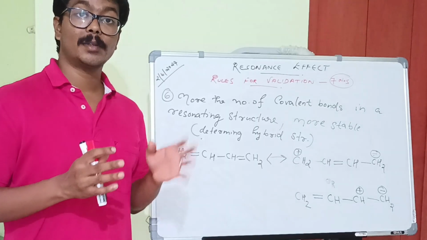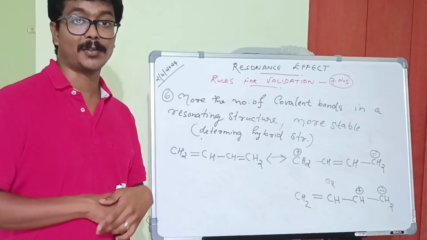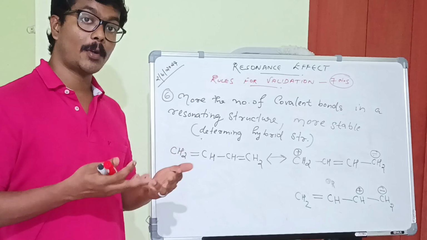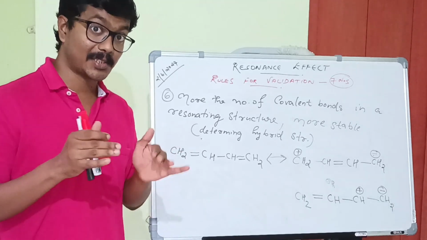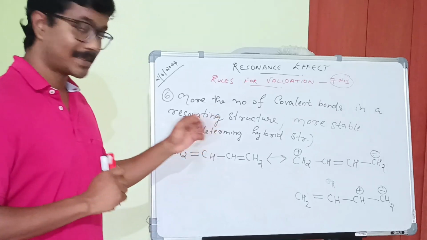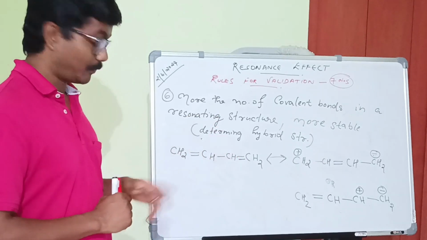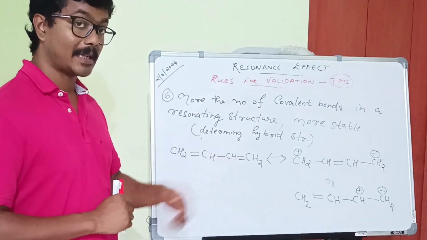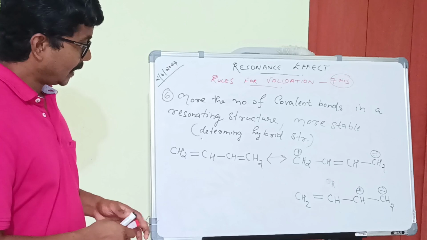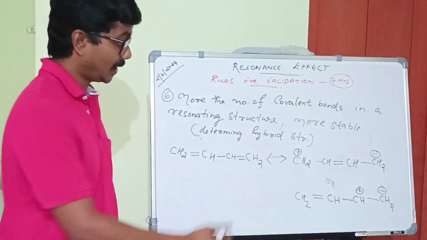The sixth rule of resonance is used to identify the hybrid structure of the compound. The rule states that the more the number of covalent bonds in a resonating structure, the more stable the structure is. Okay, let's consider the example. This is a conjugated system: a double bond, single bond, and again a double bond, alternate pi bonds. Okay, so if these two are the resonating structures,